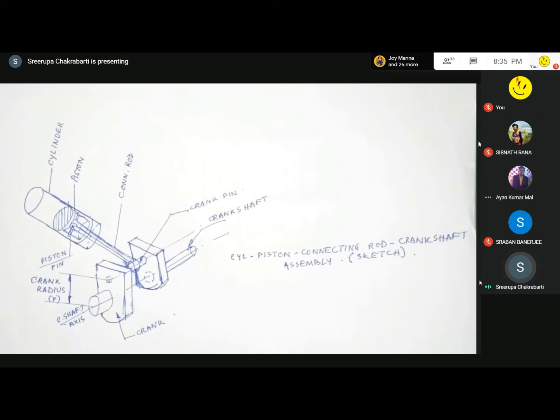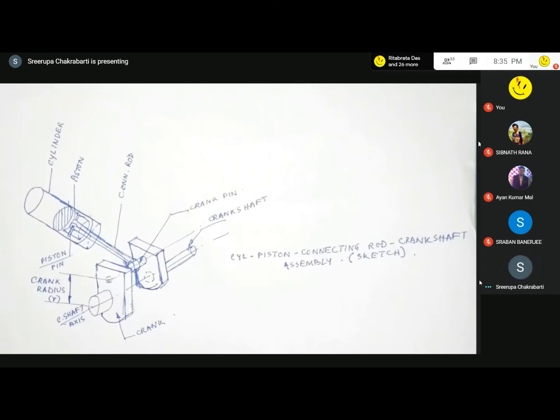When the gas entrapped between the piston and the cylinder head expands after combustion of the fuel, the piston will move down and that will rotate the crank, connecting rod, crankshaft in a particular direction. Now this particular motion of the piston is called the power stroke. And during this power stroke, the energy that will be produced is quite high.